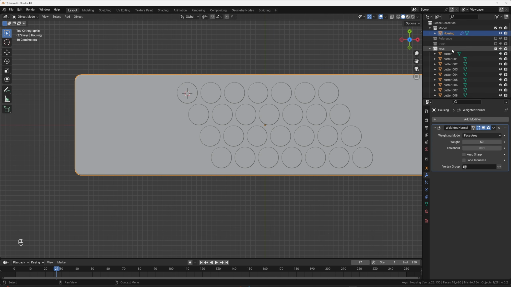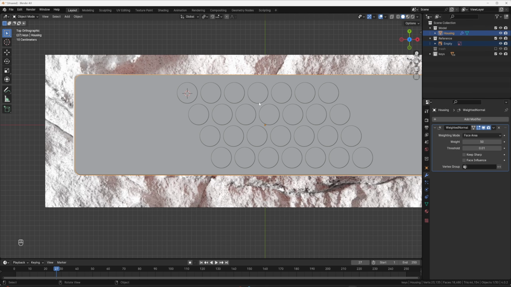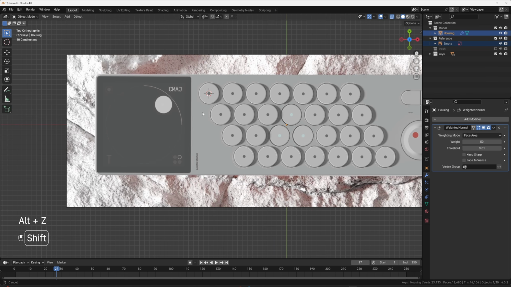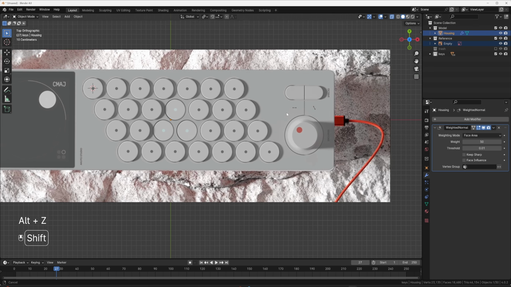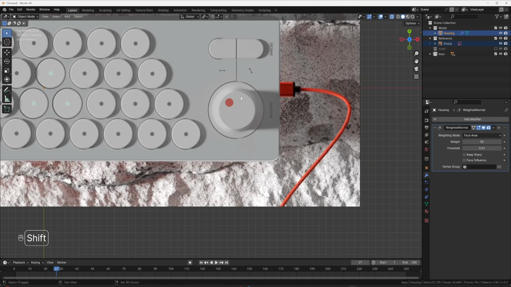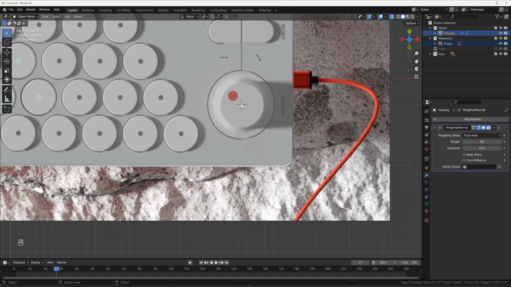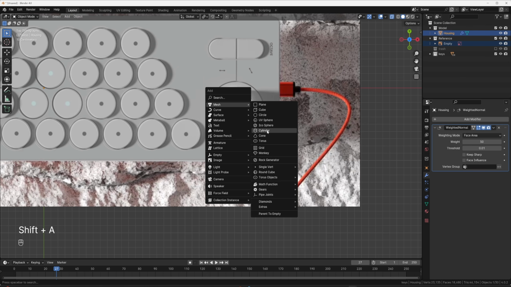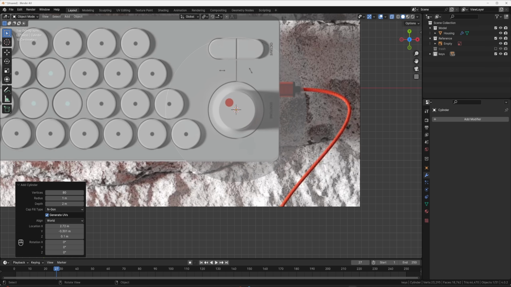So now we go back. I want to turn the reference image plane back on and then Alt Z. The way we're going to do this, the rest of this is we can go ahead and do the knob here first. I'm going to right click in the middle and then Shift A. Mesh cylinder. I'm going to leave it at 80. Matter of fact, I might even crank this one up to 100 because it's a little bit larger. So each of these lines is going to be a little bit longer.